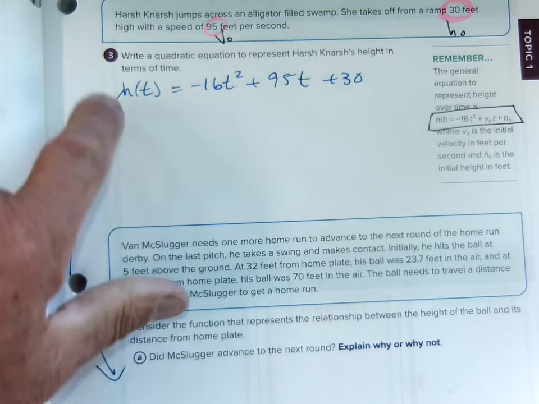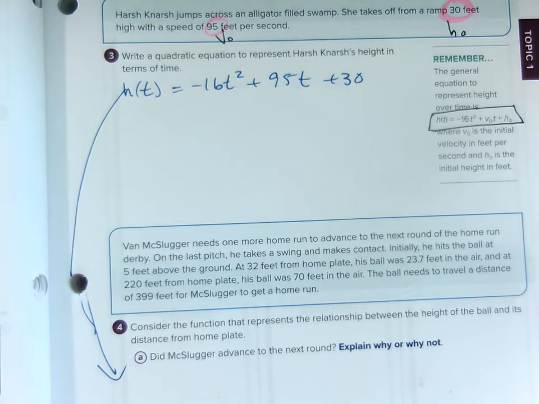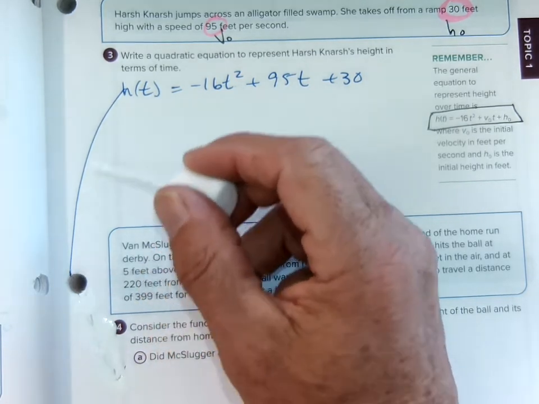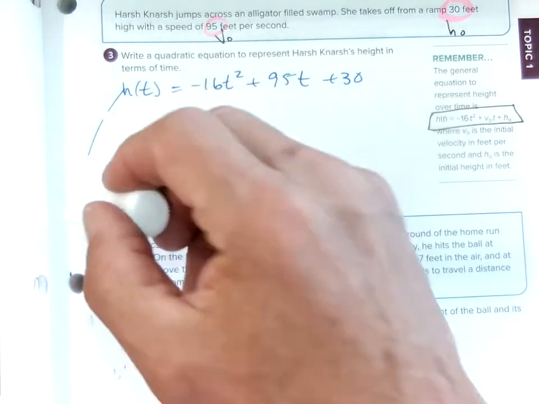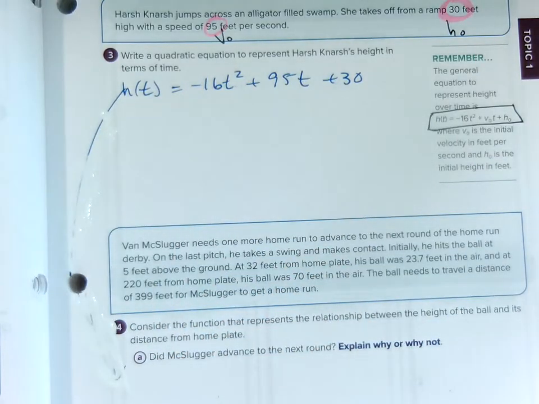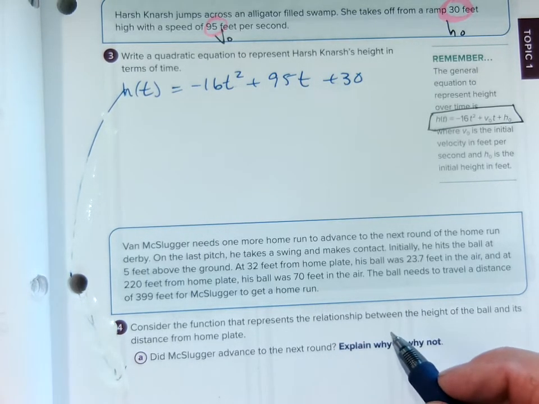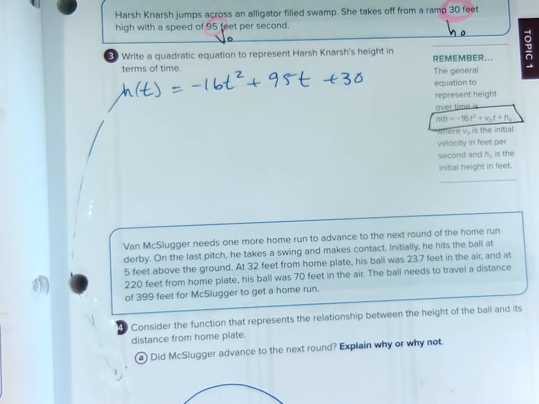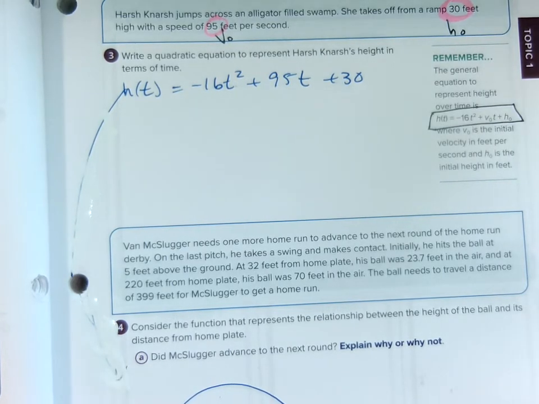So, actually, we're not going to use this one. I was wrong on that one. First, let me take that away. You're not using this formula. There's no velocity. My bad. Get rid of that. I'm not going to use this one at all. So, you're going to actually have to use 3 points. I think 1 point has to be at 0.5. We've got another point at